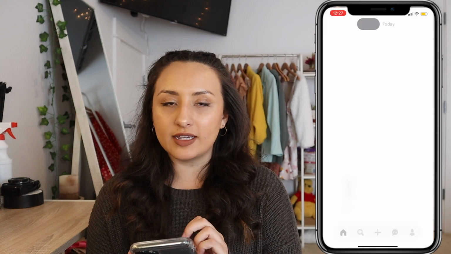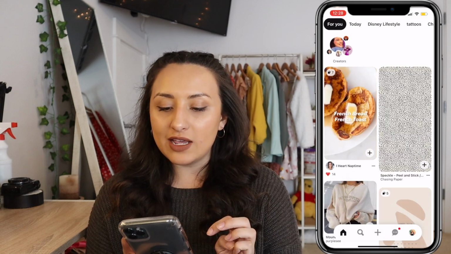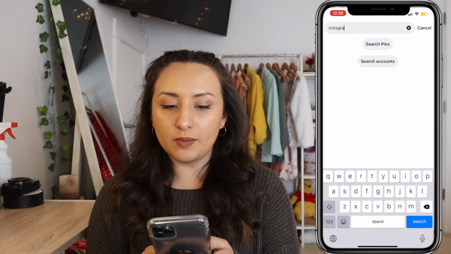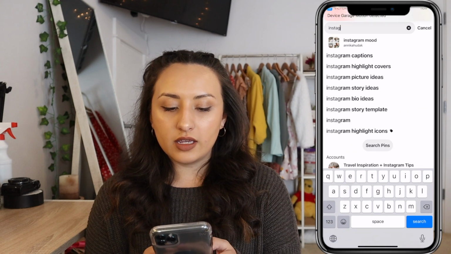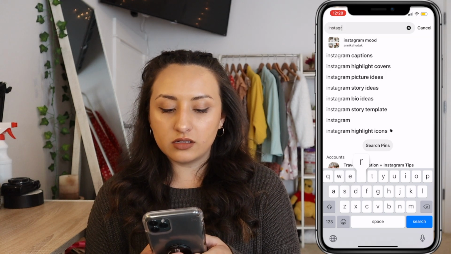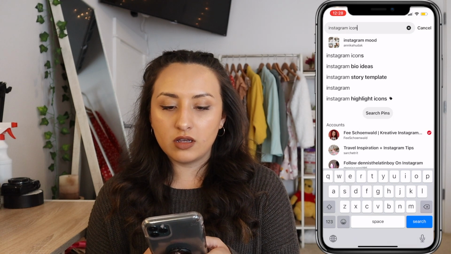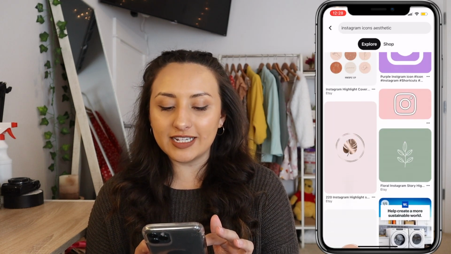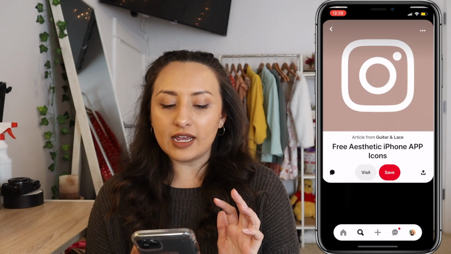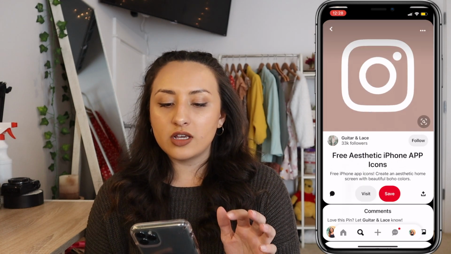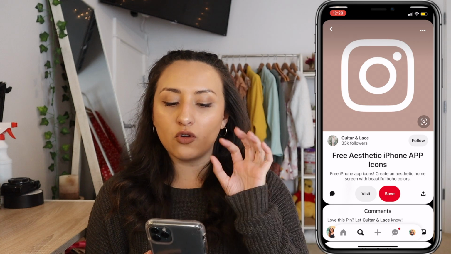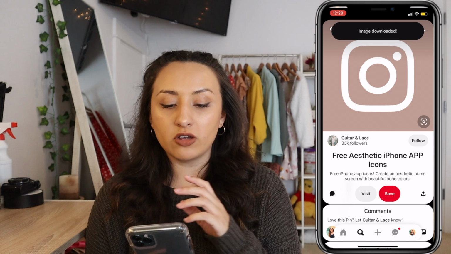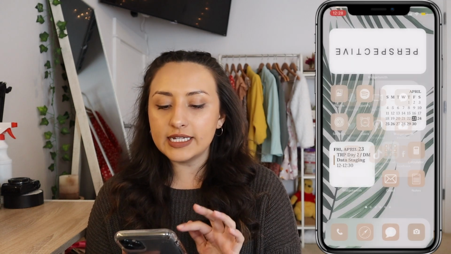So for me, you can go to Pinterest, Google, anywhere. You can search up Instagram, oops, let me spell it right. Instagram icon aesthetic, and just look up different colors and themes that you like. You can save that image, preferably in a square so that it will crop correctly. So wherever you get your image, just end up cropping it into a square. It will make your life so much easier. You can download that,